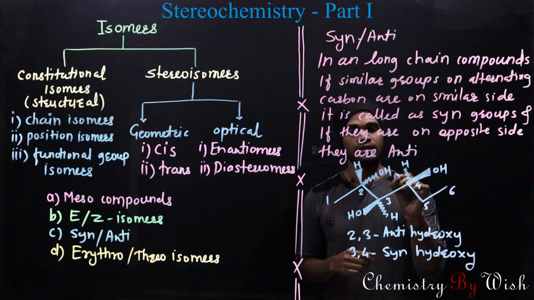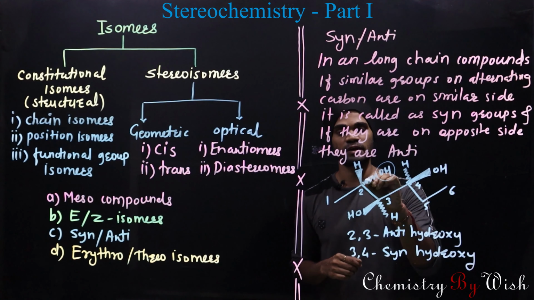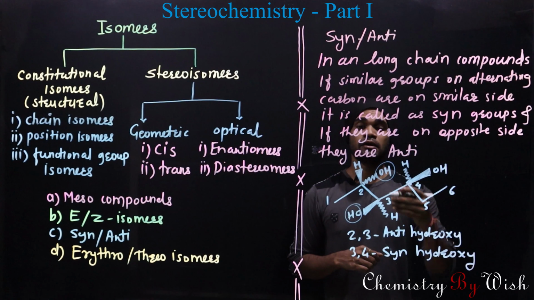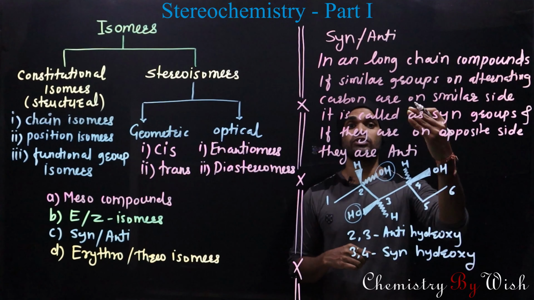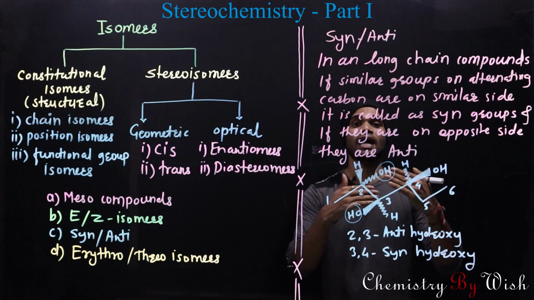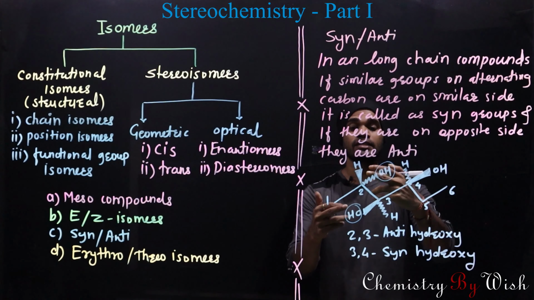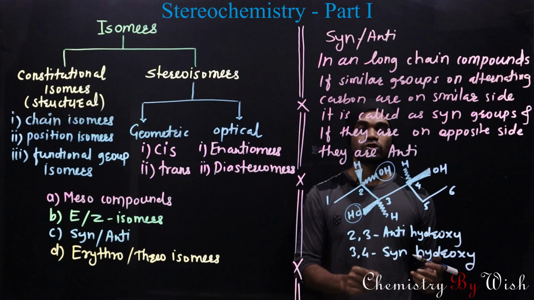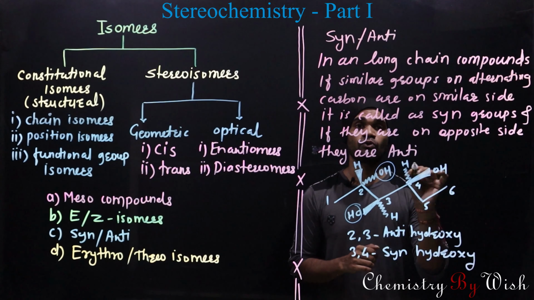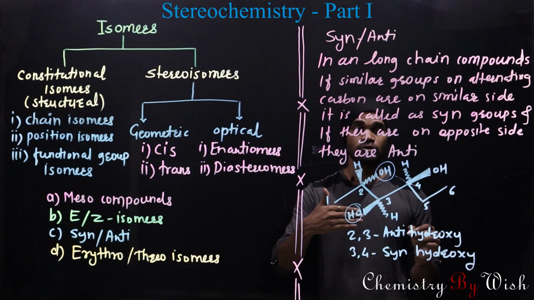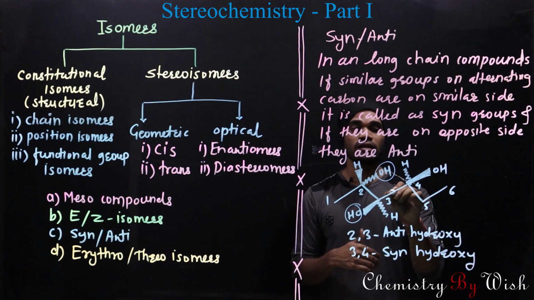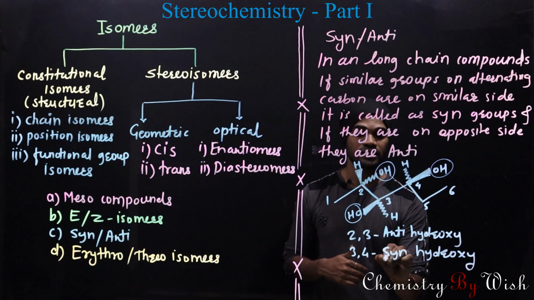अगर हम example देखेंगे, in this example this OH which is present on dotted line, and in this case this OH is present on wedge line, means ये जो OH है वो प्लेन के दूसरी साइड में, और ये जो OH है ये प्लेन के इस साइड में. So these two OH groups are opposite to each other. That's why these two groups are anti to each other. So 2-3 position में जो OH है they are anti to each other. But अगर हम third और fourth देखेंगे, so OH ये in front of observer है, ये भी OH in front of observer है, means प्लेन के same side पे है. That's why 3rd and 4th OH groups are syn to each other.